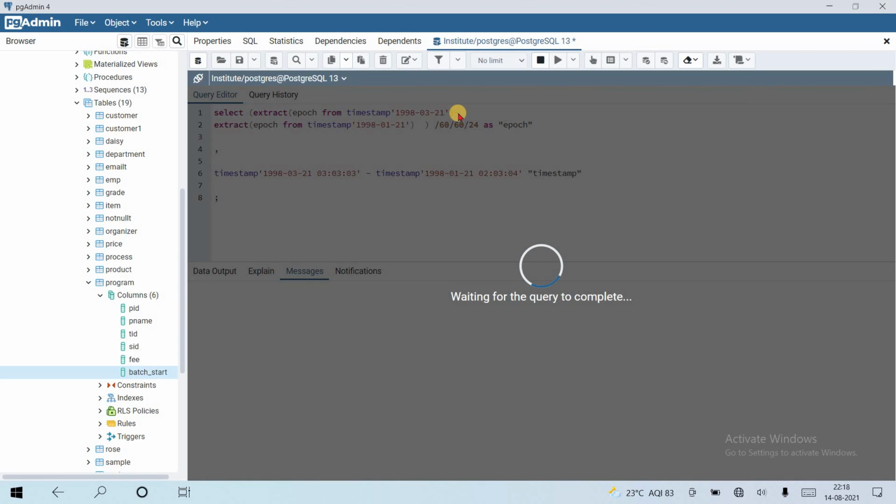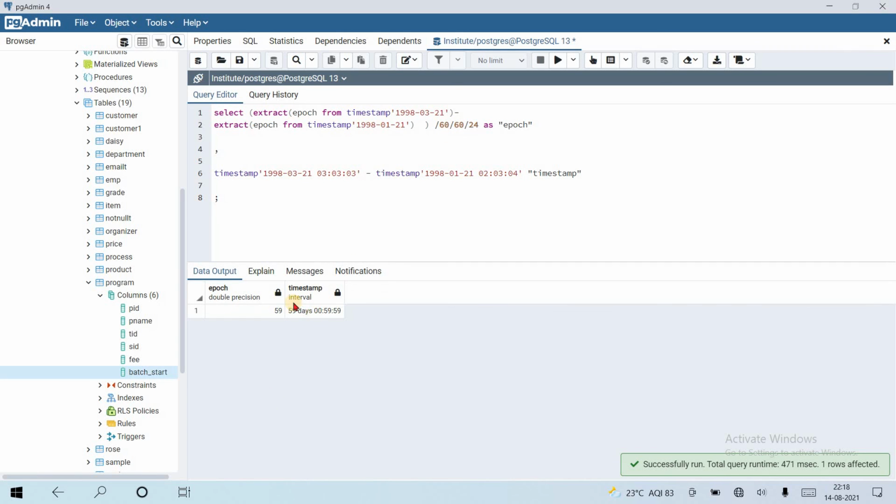Minus. Okay, that's it. Here you can see that epoch gives 59. The timestamp gives 59 hour, and here timestamp gives 59 days also, and 59 hour and 59 second. Timestamp looks good here, but the epoch is more accurate because it will give the result in seconds also.